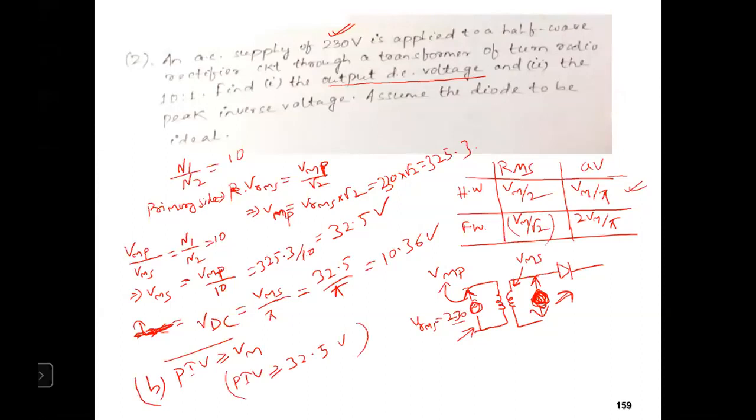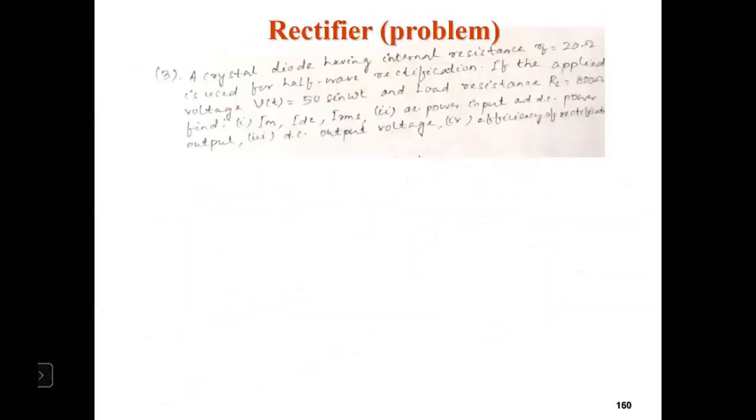So if it would be a bridge rectifier or center tap rectifier, उसके लिए फॉर्मूला डिफरेंट है. ओके, सेंटर टैप में 2 Vm होता है और ब्रिज रेक्टिफायर में सिर्फ ओनली Vm होता है. तो उसके लिए डिफरेंट फॉर्मूला है. हाफ वेव रेक्टिफायर में PIV has to be greater than equal to Vm. Okay, so you can refer the table. So this is the formula. Next we'll see another problem.